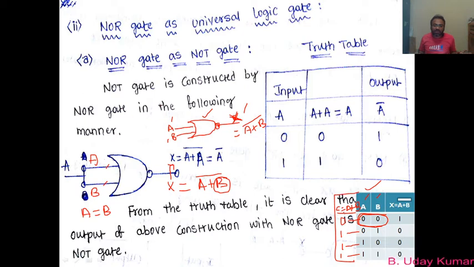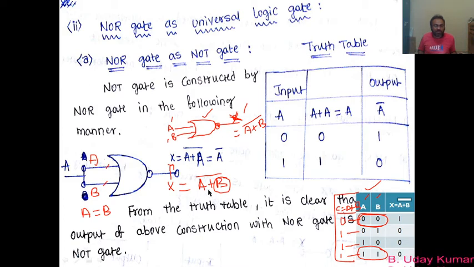That means the 0 and 0 combination, and when A is equal to B, I get one more combination, that is 1 and 1. For 0 and 0, I am getting the output A plus B as 0, and for 1 and 1 also I am getting 1. So simply you can say that when A is equal to B, I can write A plus A as A, because you can observe from this table itself, 0 plus 0 is 0, 1 plus 1 is 1, that means A plus A is A. So this is how I can write.